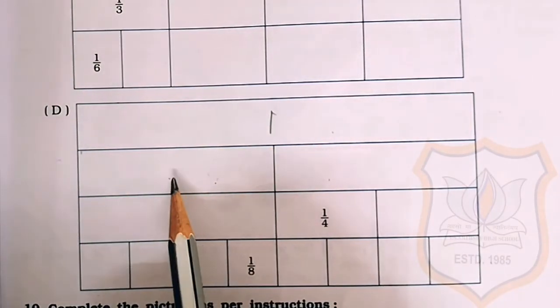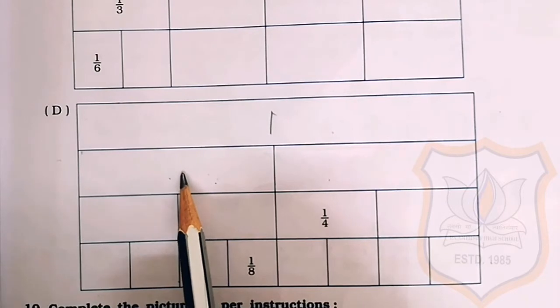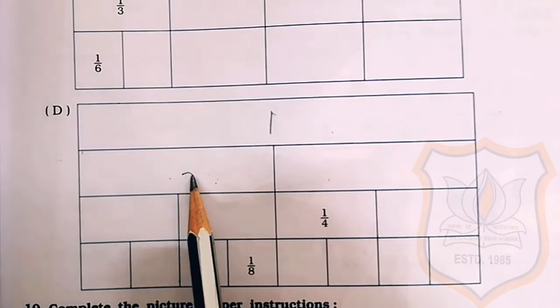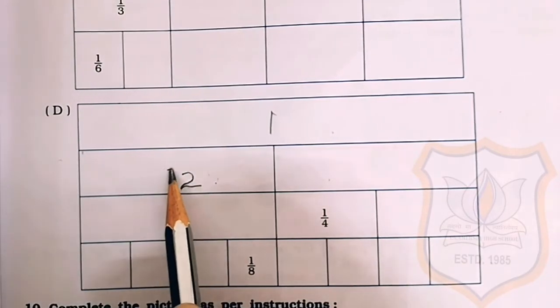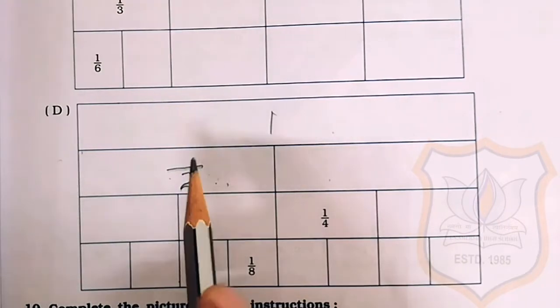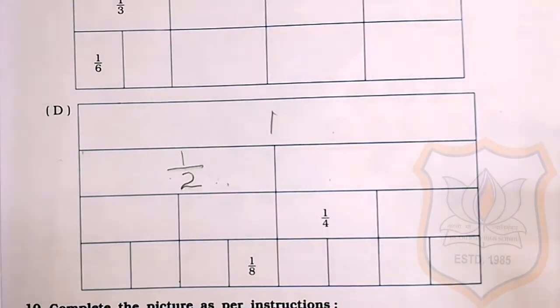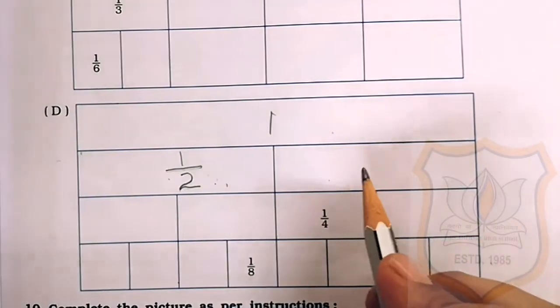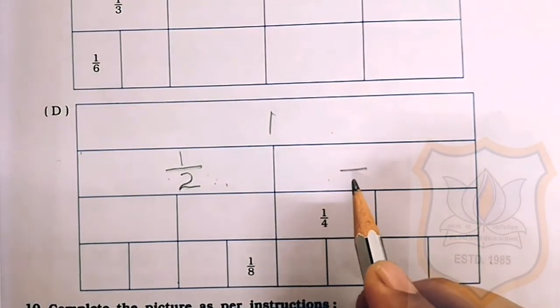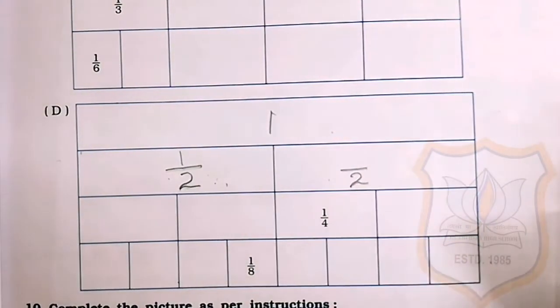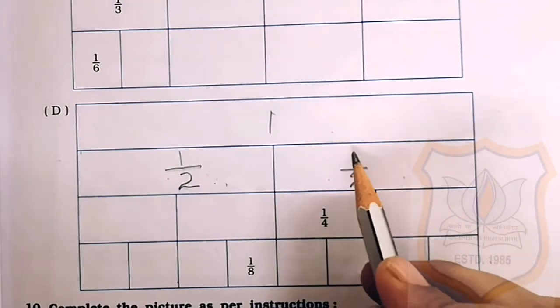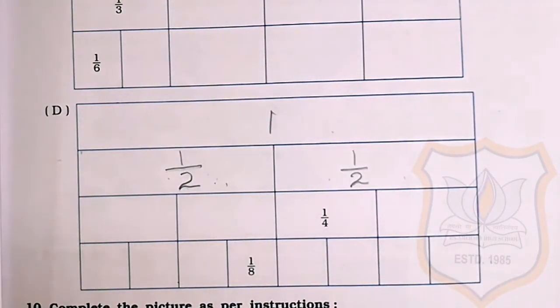Now the total parts are 2 and if we are taking this part, as I have explained you earlier, the total parts we write as a denominator. So here the total parts are 2. So we will write 2 here as a denominator. And we have taken this one part. So we will write 1 as a numerator. In the same way here also, the total parts are 2. We will write 2 as a denominator. And if we are taking this one part, we will write 1 here as a numerator.